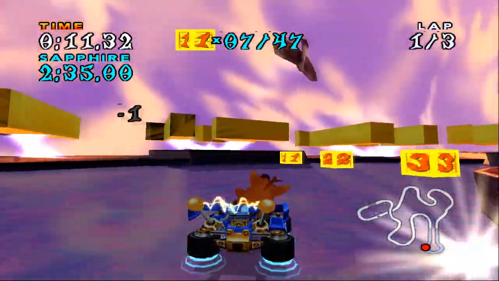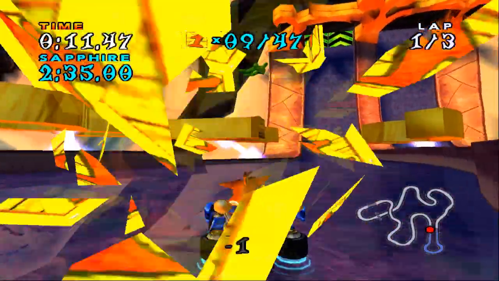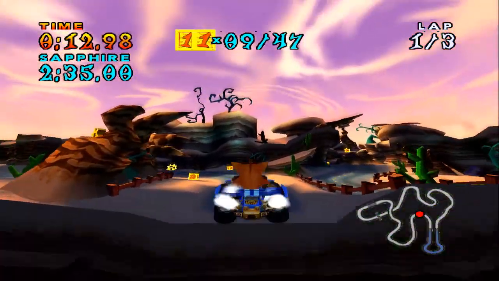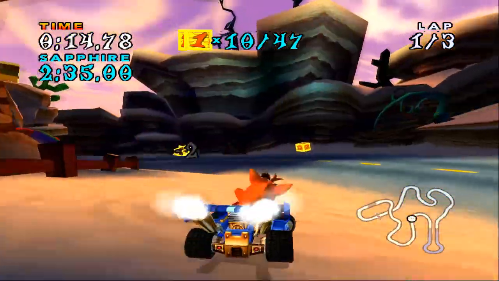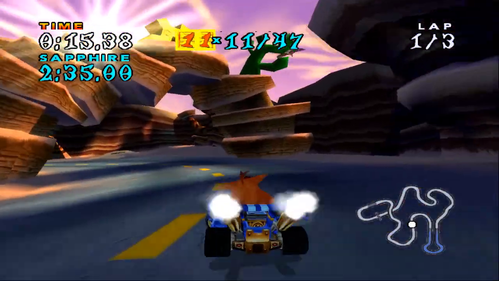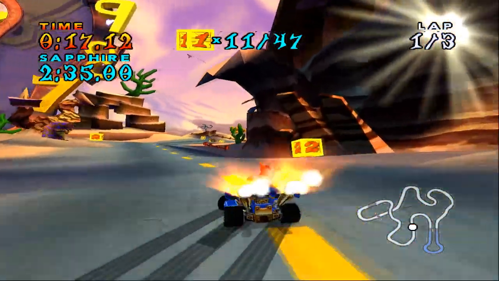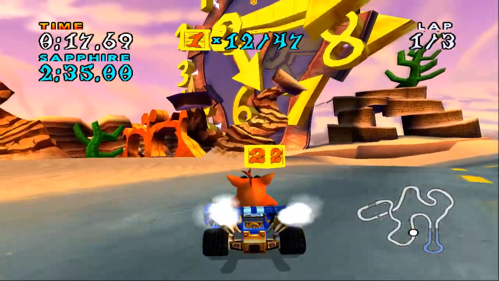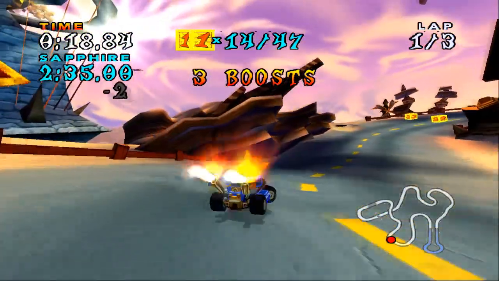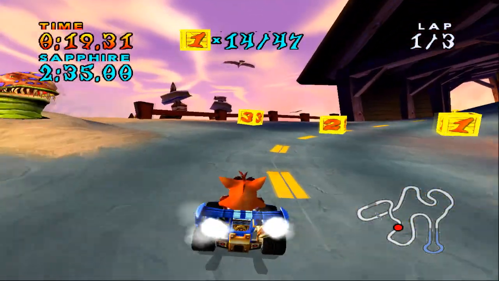Or the actual difference in feel between the controls, because obviously this came out long before Crash Team Racing did. And of course there's no shortcut in this version, so I mean there's no way I can make up for that. I don't know if there's crates on the shortcut. I'll have to do a time trials Let's Play part maybe for Nitro Fueled. I'm not too sure if I'm going to do that, but all I can say for now is pretty much